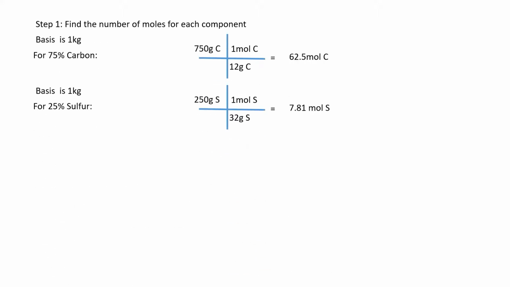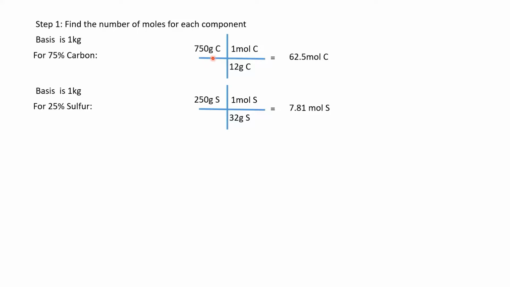The second lump of coal is our dirty coal. And so again, we have a multi-step problem. Again, the first step is finding the number of moles. In this case, we want to find the number of moles for each component because now we have 75% carbon and 25% sulfur. So we figure out how many moles of carbon are in this lump of coal,